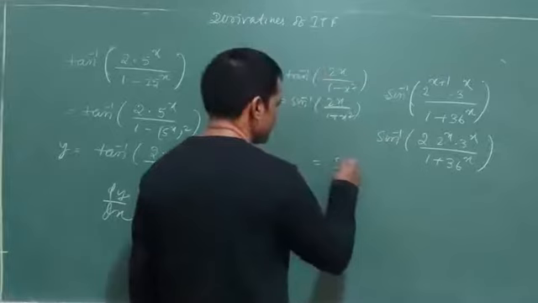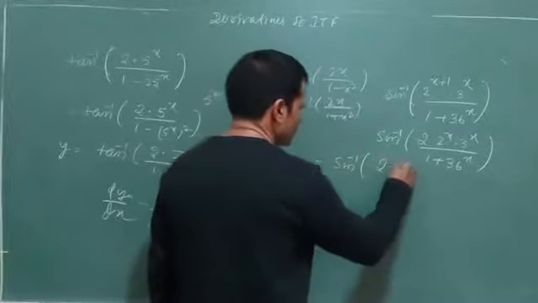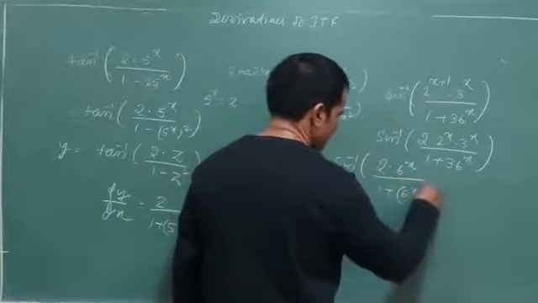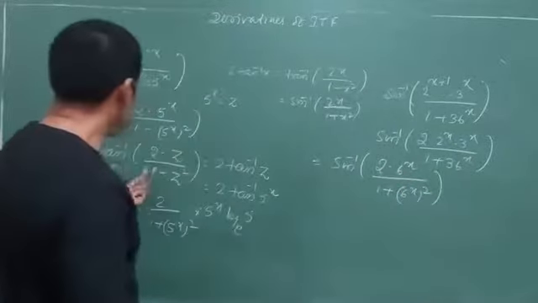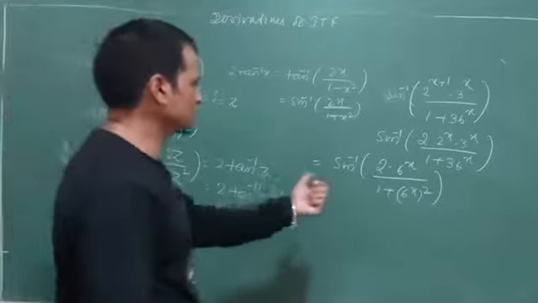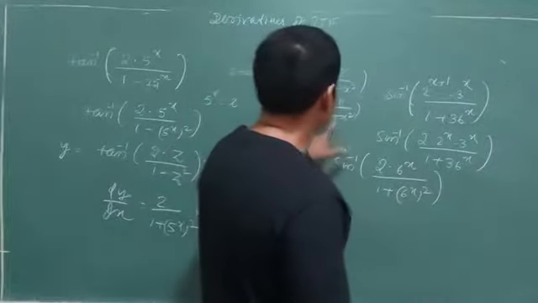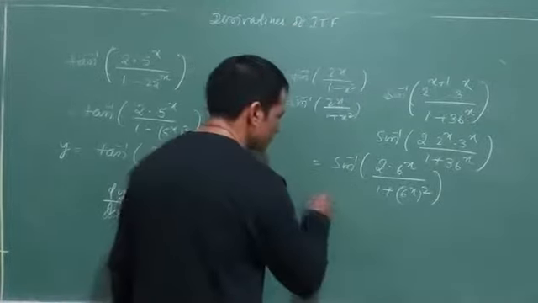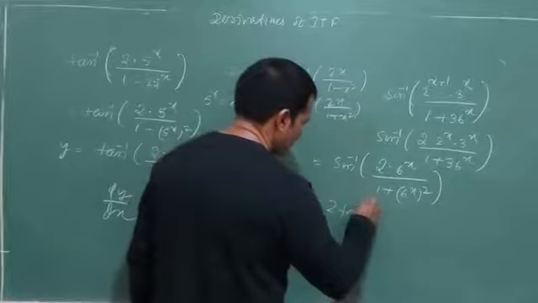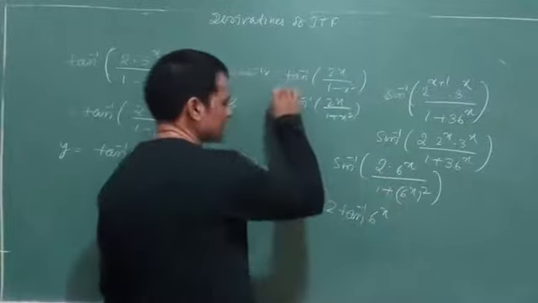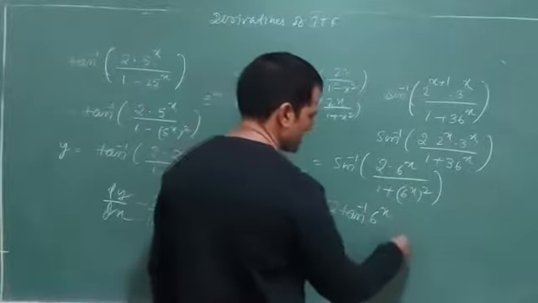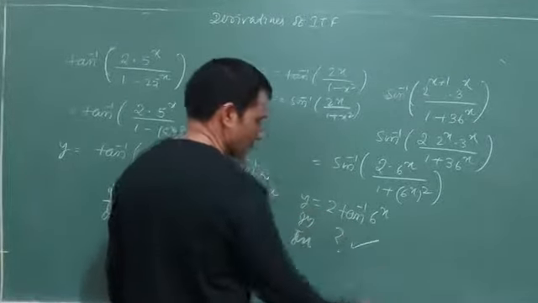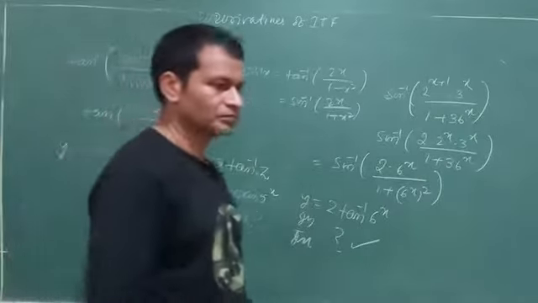That is equal to sin inverse of 2 into 6 to the power x, and the denominator I write as 6 to the power x whole square. If I proceed with the same method by considering this as y or z or something else, that gives me this value, which is equal to 2 tan inverse of 6 to the power x. But if you want to use the formula, write down the formula in the examination. Then dy by dx we can find out. Alright?